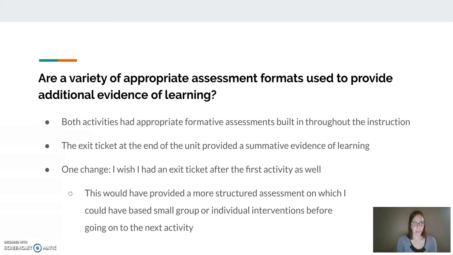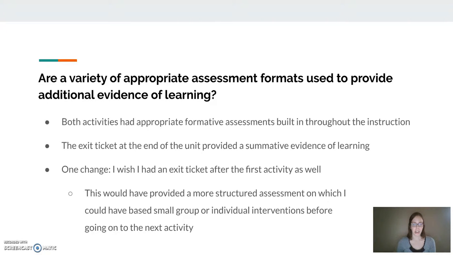And are there a variety of appropriate assessment formats used to provide additional evidence of learning? Like I had said before, both activities had some formative assessments built in. I thought day 2 was a little bit easier for me to use those formative assessments as opposed to day 1, where we were building stuff and taking them apart. The exit ticket at the very end of the unit provided me a sort of summative evidence of learning,